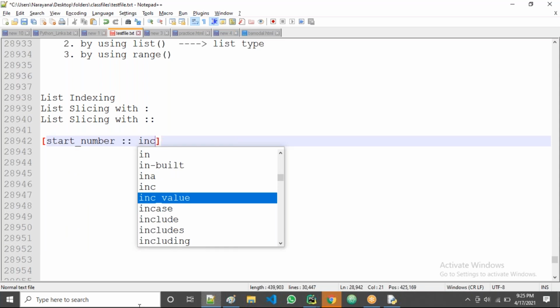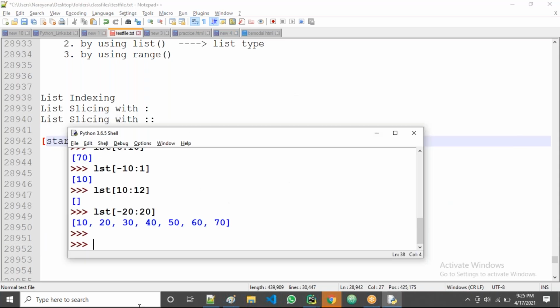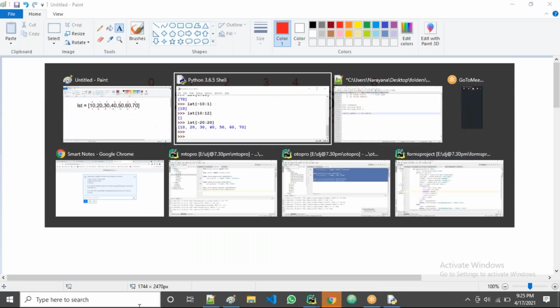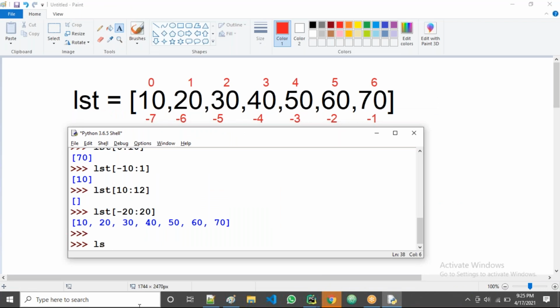Okay, increment value or increment number, right? Now all of you reply, guys, again. LST of, I'm taking now, 0 double colon 3. Tell me now, all of you. Starting from 0, increment by 3, guys.